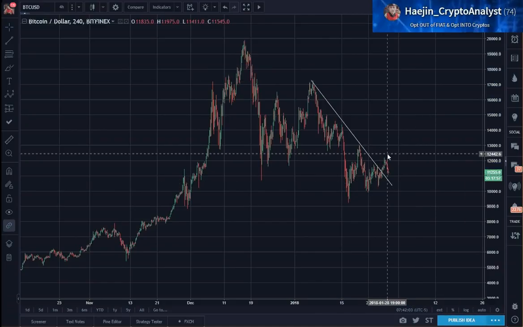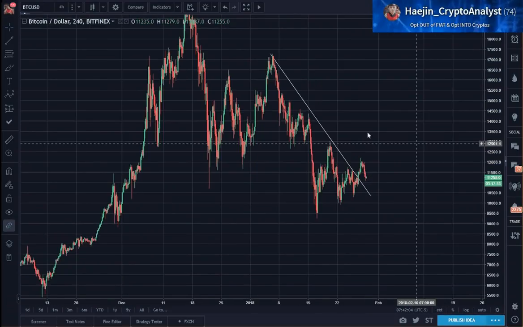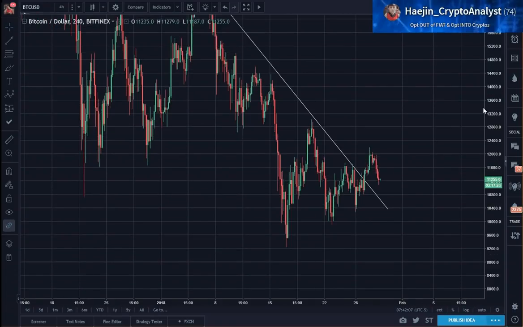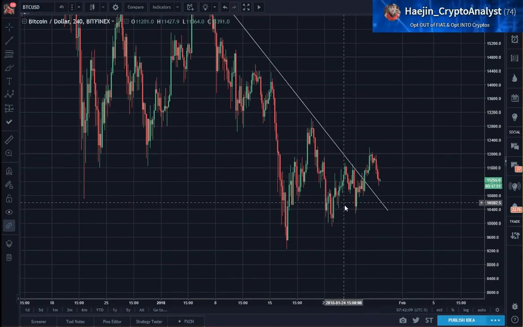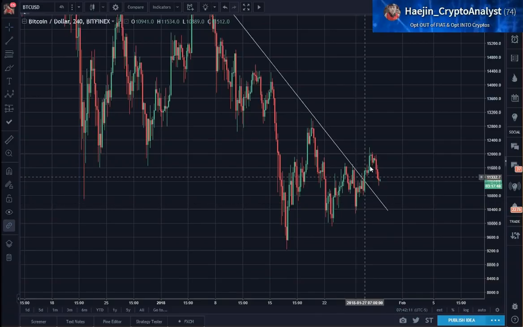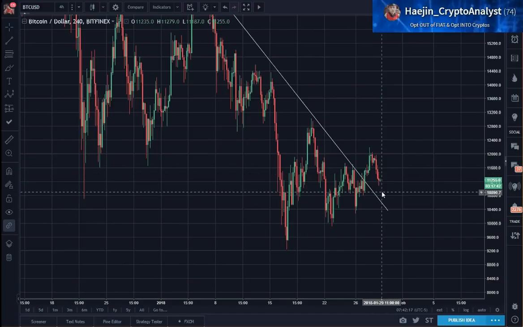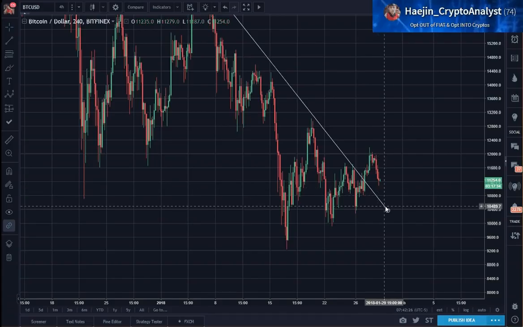It broke out of it. So price breached this line, and quite often it retraces 50% of that initial run. You could even sit on this, touch the support again,